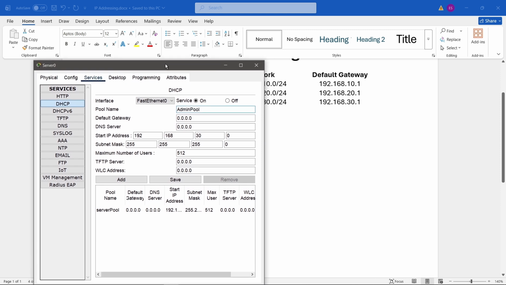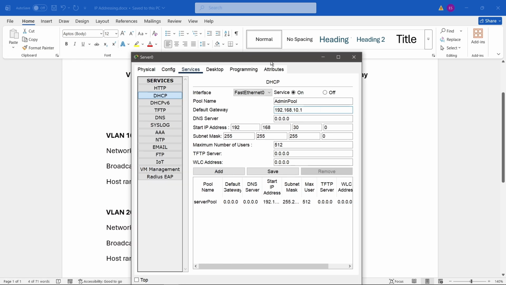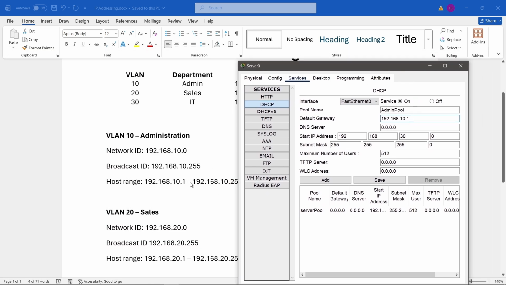So with the admin, the default gateway was this, 192.168.10.1, and we had the starting range being from 1, but we have already used 1 as the default gateway, so we'll start from 2. Then I'll add that, move to